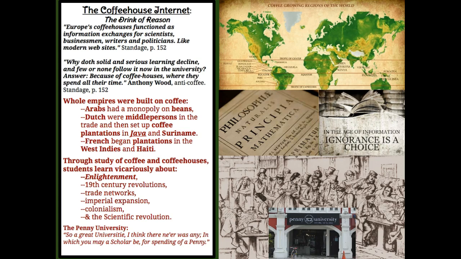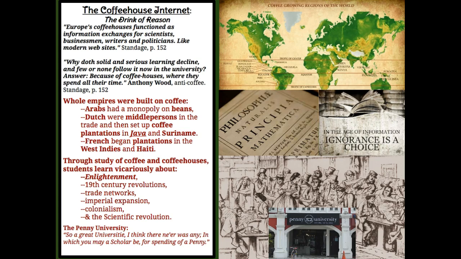and entire empires were built on coffee. I already explained that the Arabs had a monopoly on coffee beans because they controlled, especially the Silk Roads in Africa. They controlled the Saharan trade markets. So they had really a monopoly. The Dutch became middle persons when the Dutch started their age of exploration, and they were able to actually explore all the way around the tip of Africa. They created coffee plantations in Java, for example. That's where we get the nickname for coffee being Java. It comes from that area. It was set up by the Dutch.